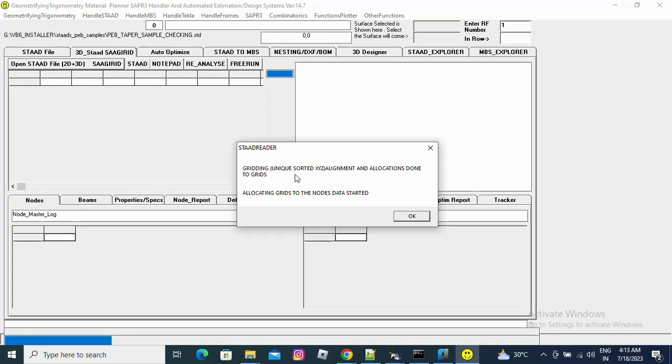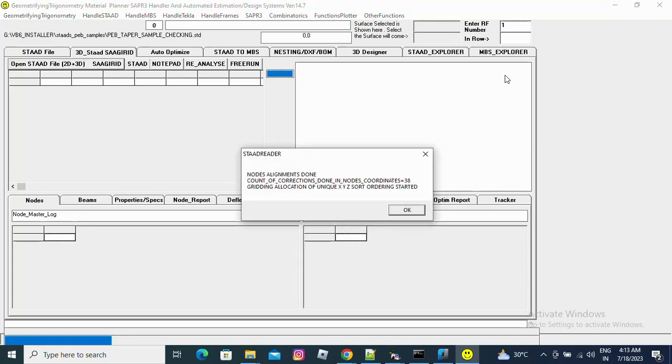We have detected the XYZ alignments, we have detected the unique values of X, unique values of Y, unique values of Z, and it has automatically detected the support locations, the release positions, and the beta angles, and then it reads the data of the STAAD file. Node alignments done, and the count of corrections done in the node coordinates is 38. That means in 38 locations the node was misaligned to a little extent, not very far,